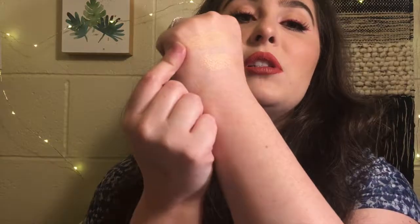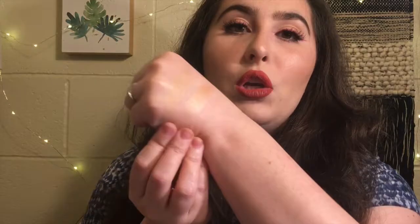The formula, I will say, is a little bit different. I almost prefer the Essence one more. They're almost the same though. The only difference to me is that the Essence is a little creamier, a little smoother whenever you put your finger into it, and the Hourglass, which is up here, has a little more shimmer. But if you knock your brush, the shimmer will fall off. So if you've been wanting this, if this is a high-end need for you and you can't afford it, guys,